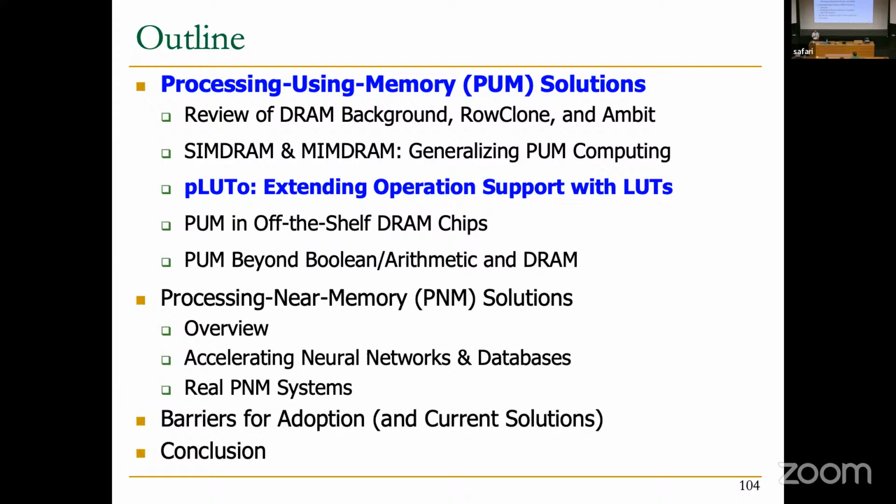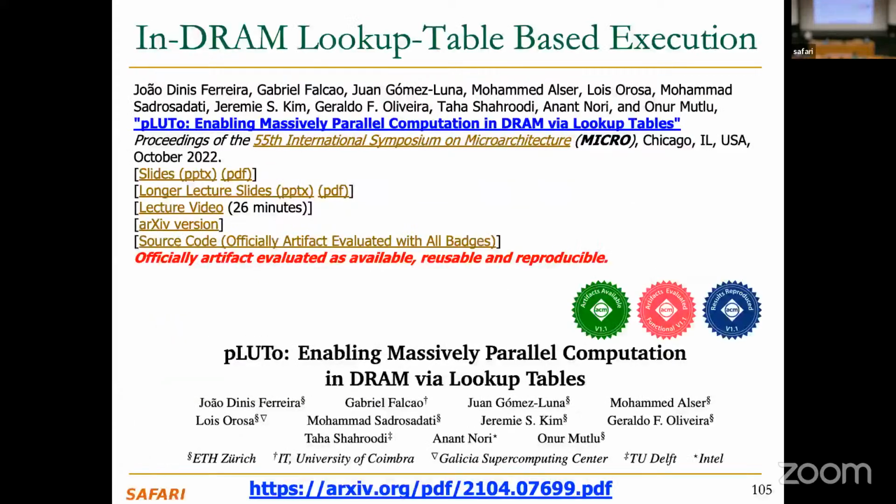Okay, I'm going to give the answer then because we have to go for lunch. If you want to do a sine or a cosine or a log or exponential, all of those operations you can approximate using arithmetic operations, but in general they are not that accurate. You can do CORDIC operations for transcendental functions, but they are not as efficient. So what is missing to make the substrate more general purpose is an efficient way of implementing these transcendental functions. The way that we are going to solve this problem is by using an old idea, which is the lookup table.